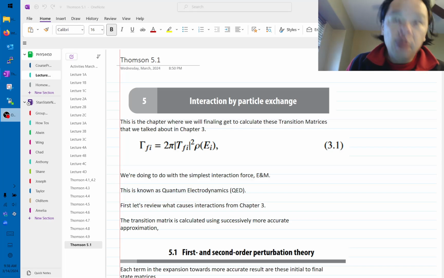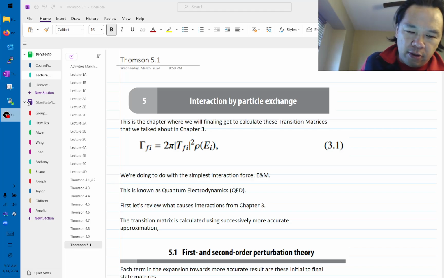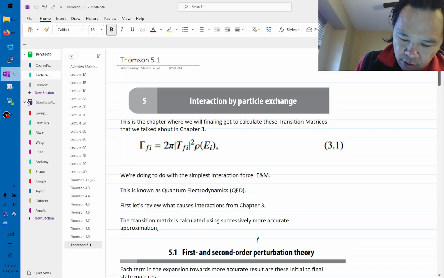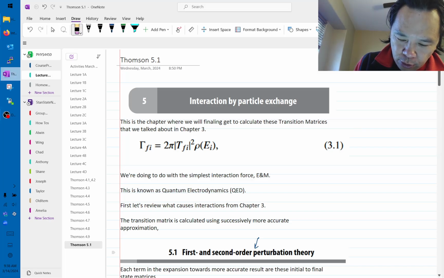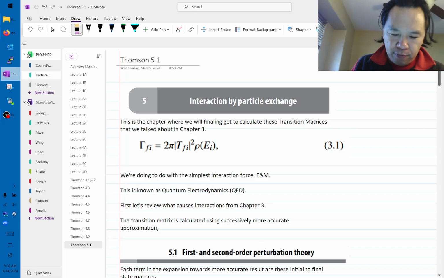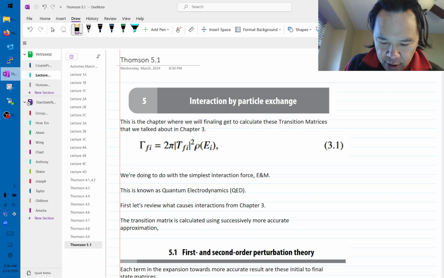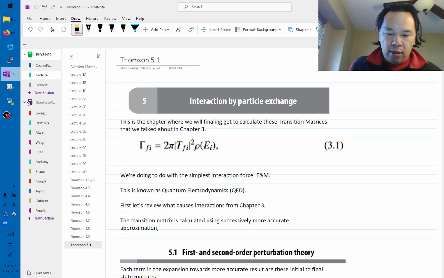Hi everyone. So today we get to start a new chapter, chapter 5 in Thompson, specifically the first section, which is going to be on first and second order perturbation theory. Don't let that name scare you or anything like that. You're just going to be taking it through this one step at a time in order to figure out